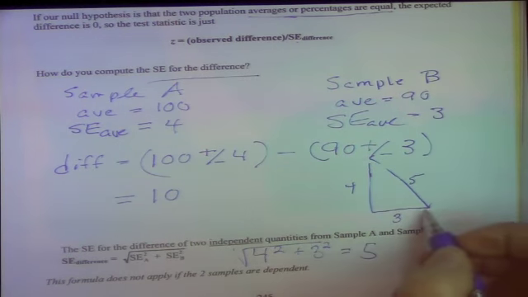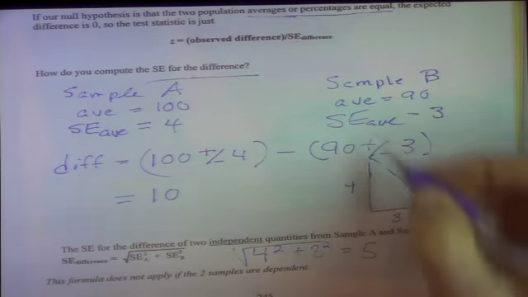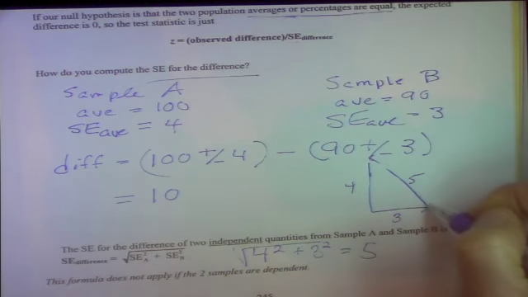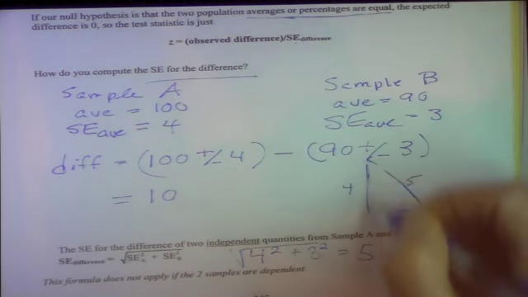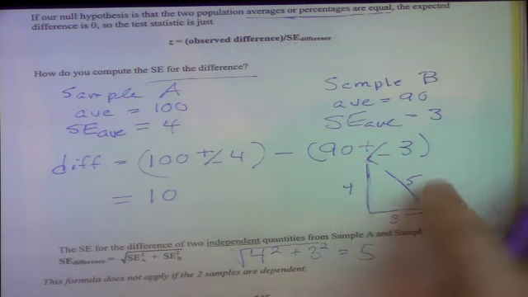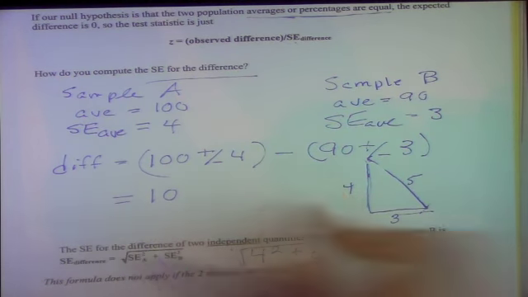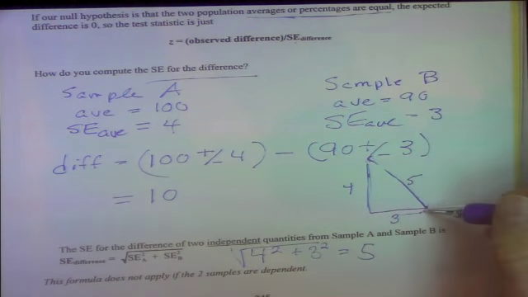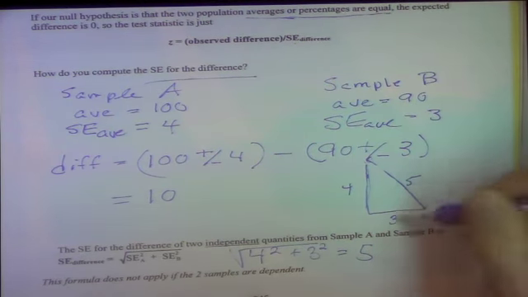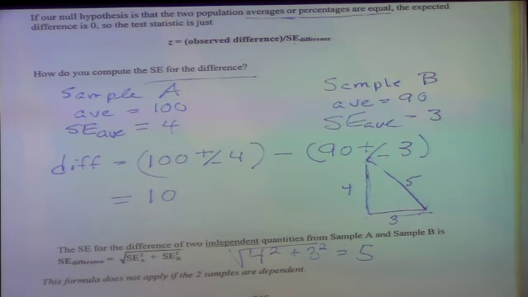So you know that going from here to here, it's much shorter to go this way than to go all the way around. It's smaller than the two added together, but obviously it's the longest side of the triangle. It's bigger than 4 and bigger than 3. So that's a way you can remember it. Okay? So they sum as the square root of the sum of their squares.